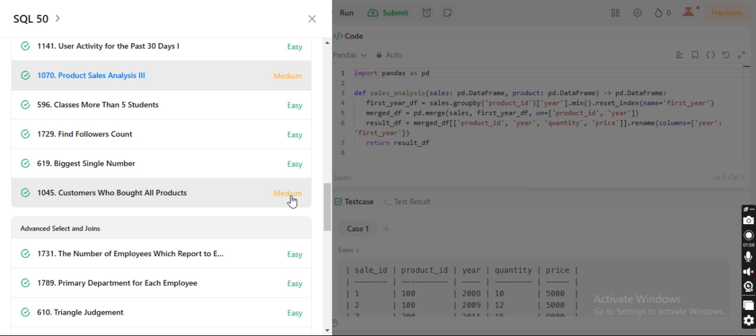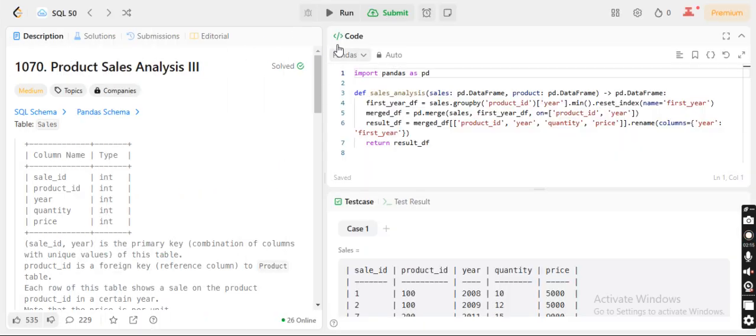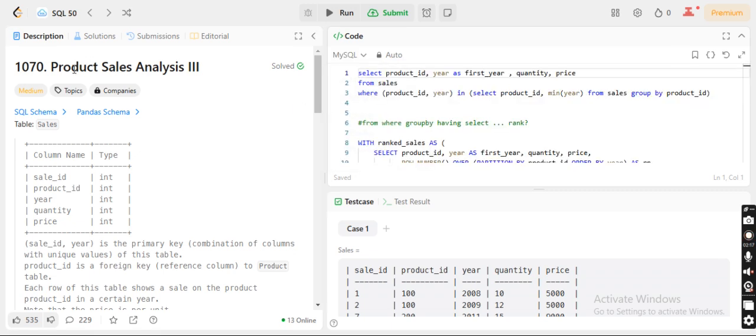So you might have understood that we are actually moving ahead from the easy questions now, and we are going from medium to the hard level so that the skills are nourished more and we can proceed ahead at rocket speed. So without wasting time, let's begin. I take the first question of today, which is the product sales analysis.